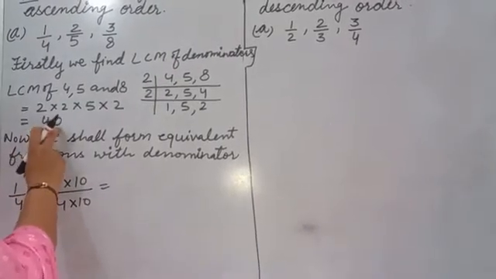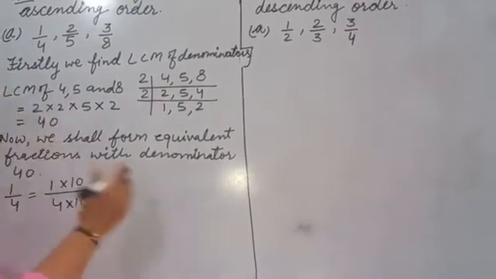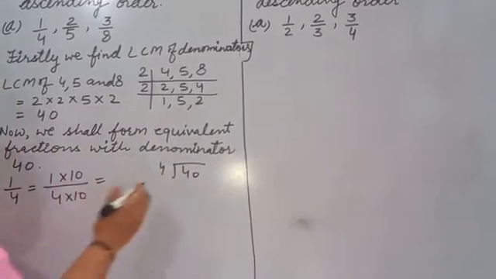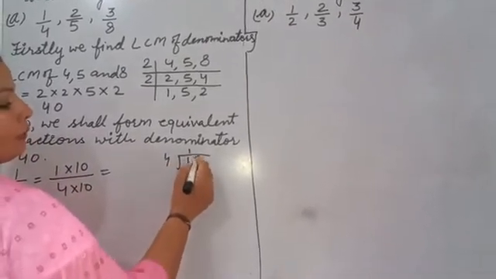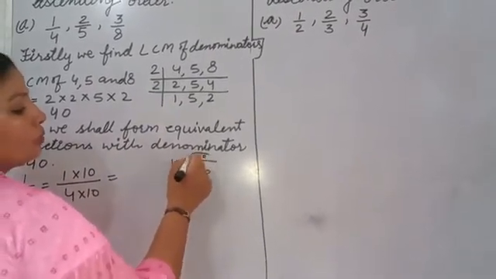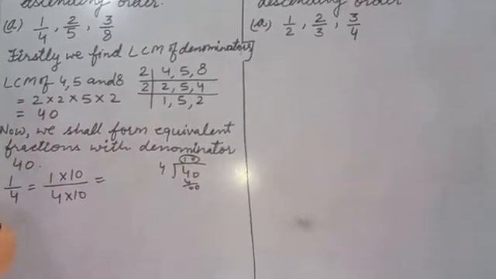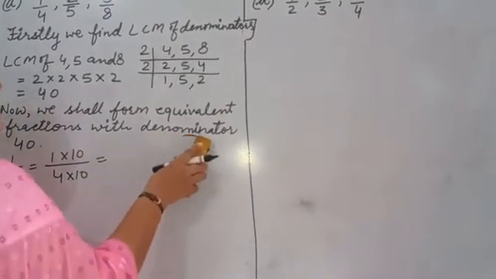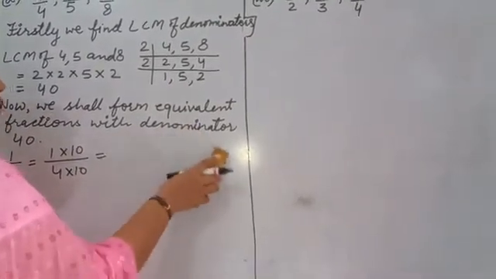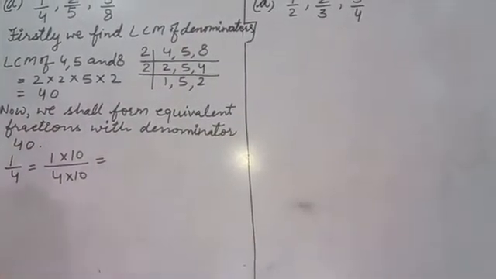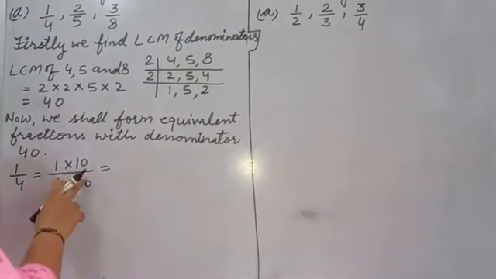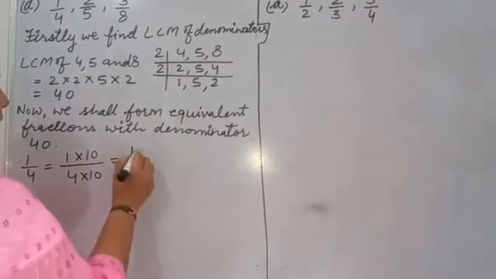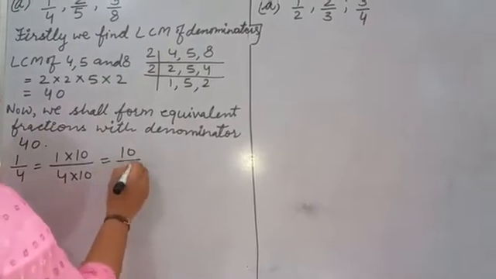We divide the LCM by the denominator. 40 divided by 4. So we can get by which we will multiply. 4 1s are 4 and 4 zeros are 0. Okay, so we should multiply by 10. If there is a big number and you can't decide the table, you can see by divide also. LCM divided by denominator, so you will get the quotient. By that quotient you should multiply both numerator and denominator. Now 10 1s are 10 and 10 4s are 40.